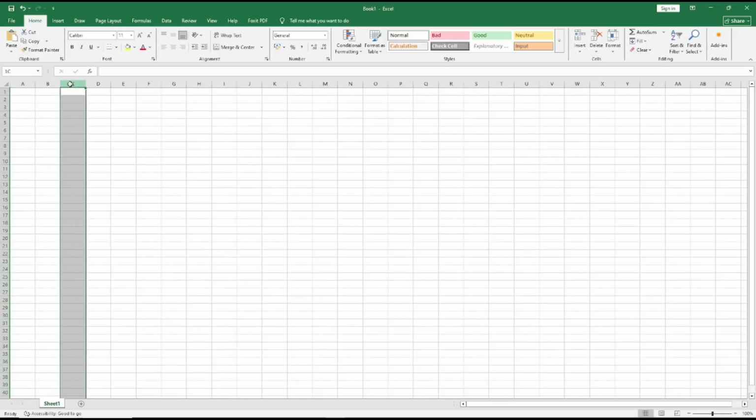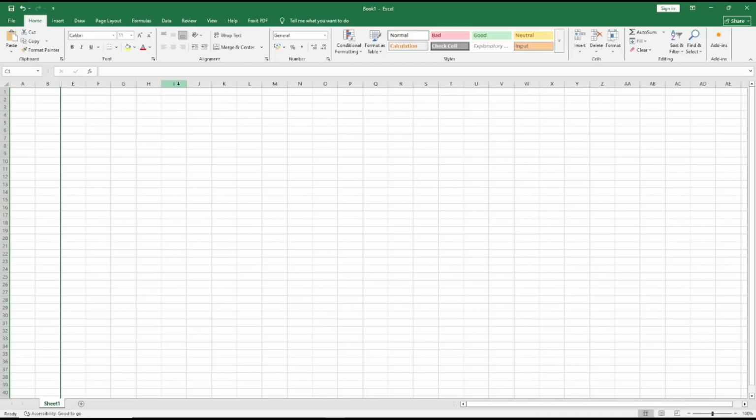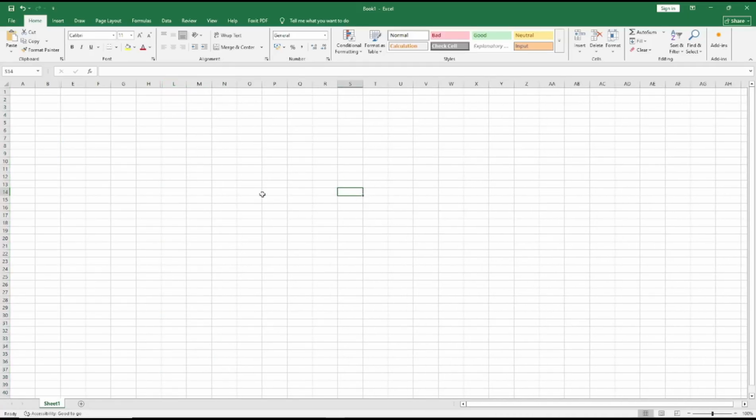You can select this column, right click, and then choose Hide. Next, I will hide this column again. Now if you want to unhide columns, you can select from this column B to E,